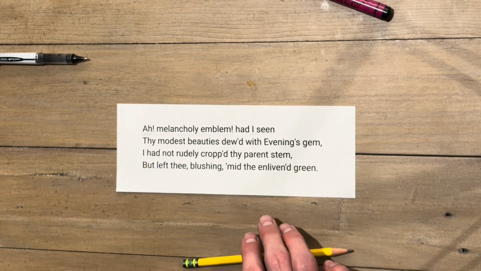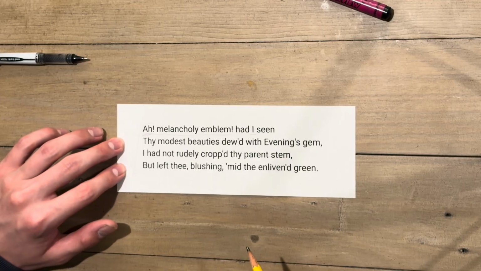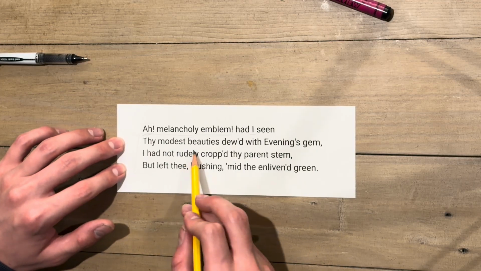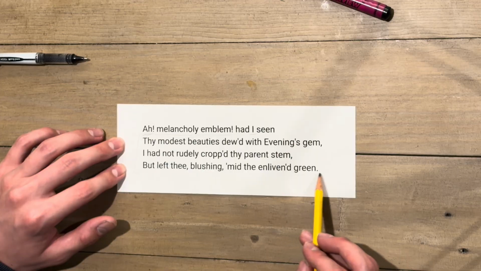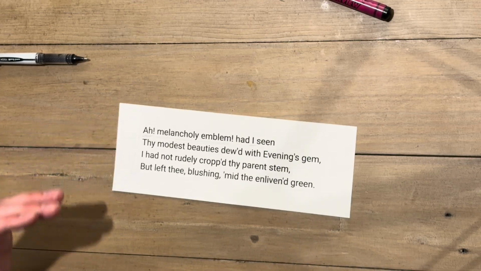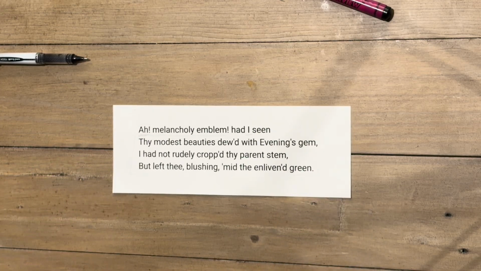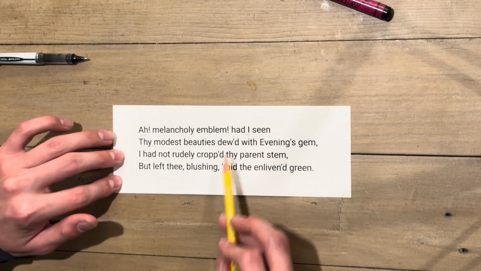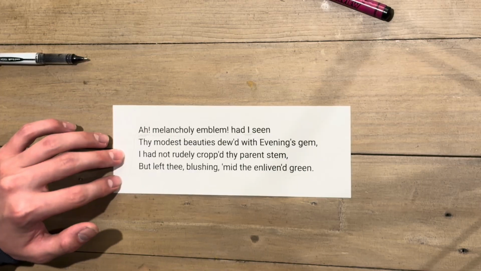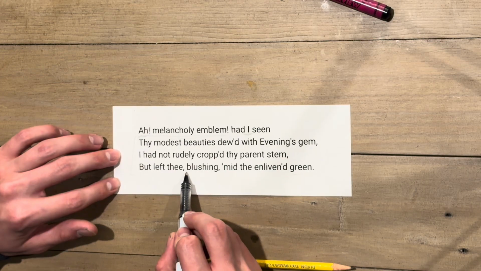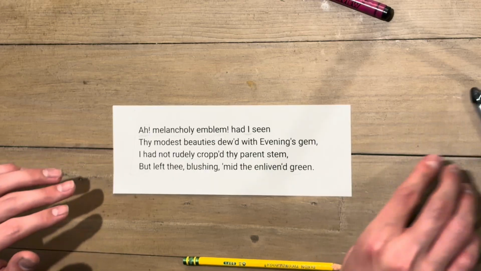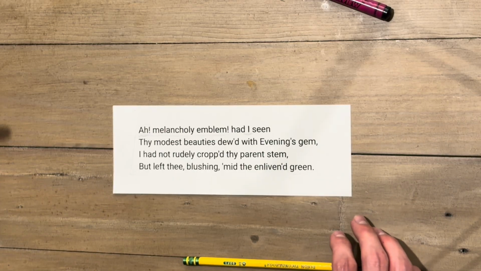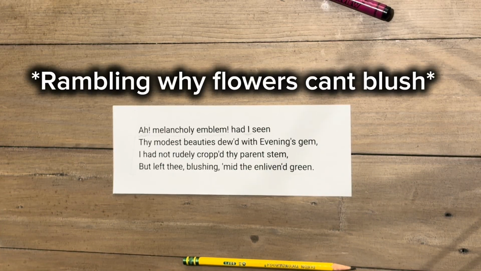You can see that there are longer syllables such as beauties and evening and green and thee. These longer syllables kind of create more of an upbeat and more happy feeling to this quatrain. Now, I believe that this is specifically because he is reflecting on how he has treated this metaphorical flower. We also see the personification blushing, which is something that a flower really can't do. I mean, they could, but